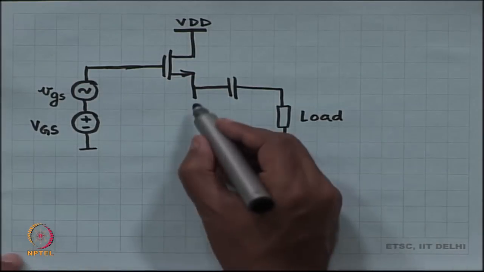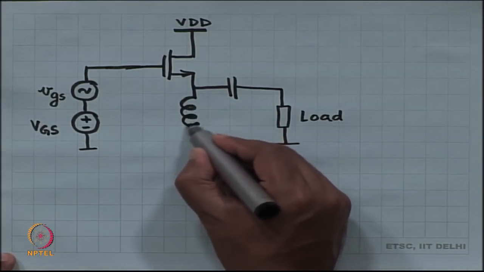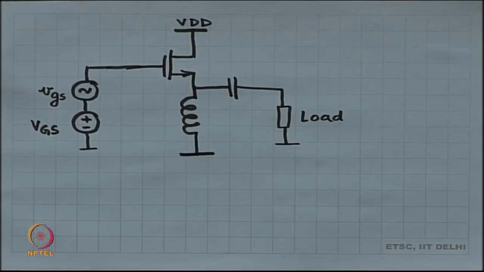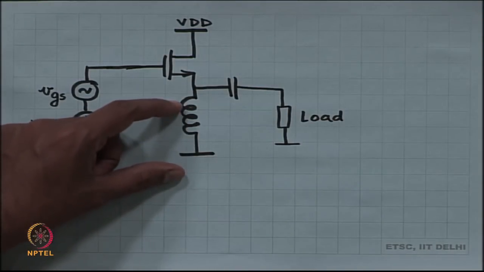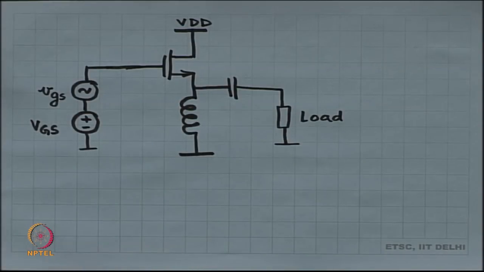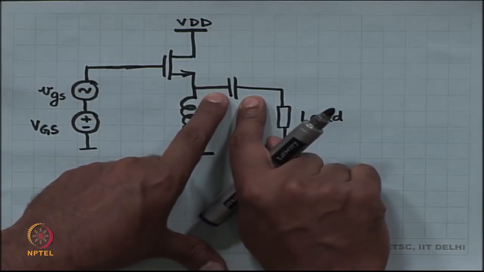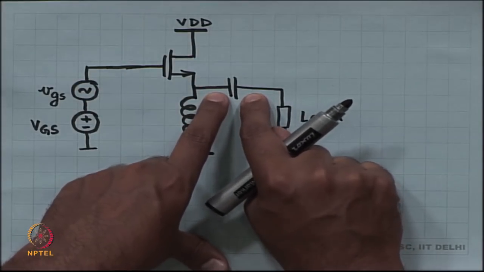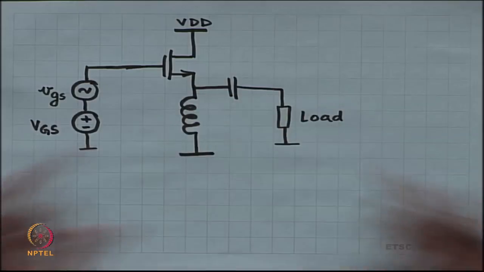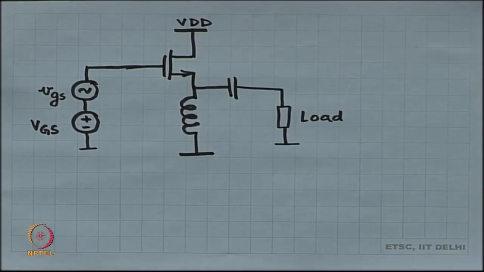In this case, let us achieve the bias point with the help of a huge inductor, right, and we make this inductor of such large value that it is a short circuit for DC, but an open circuit for incremental signals. The capacitor is a huge capacitor such that it is a short circuit for incremental signals, but open circuit for DC. Fine. So, this is our setup, and then again we do the same